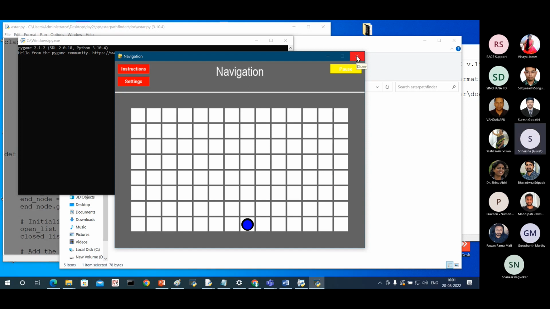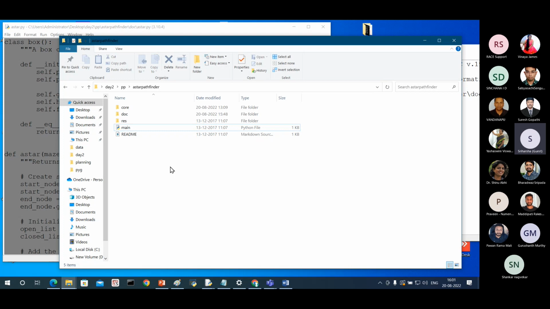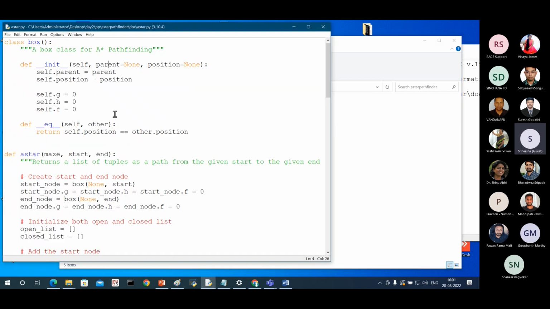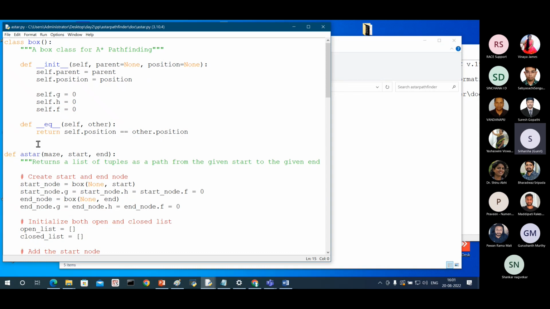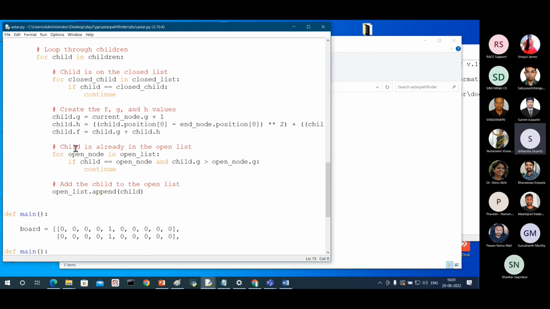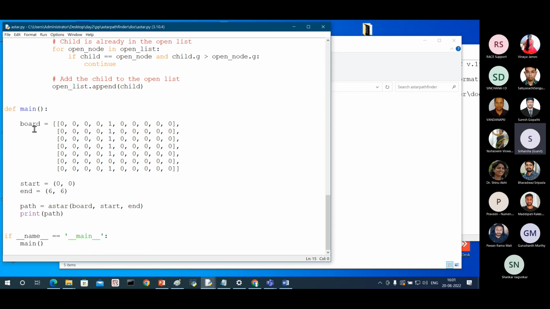So you have not seen the result of the A-star algorithm also. Let me show you that. So here this is the A-star algorithm and there are boxes. The class Box is defined and the number of boxes are computed in the grid. I think now you are able to see this array. This is the board of the configuration space where you have all the zeros and ones. All the zeros are the free spaces and ones are the